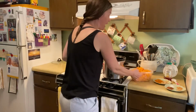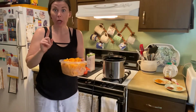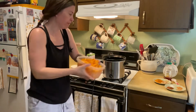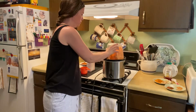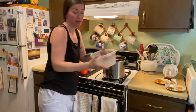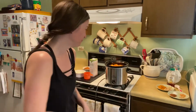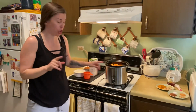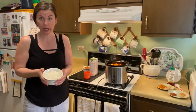The next thing you're gonna add in is 1 butternut squash cut and cubed, okay? So you can see that I have this here. Okay, that's gonna be such a good addition. Sorry, this is falling. We're gonna go with that for right now. Making adjustments along the way. Okay, so 1 butternut squash cut and cubed, 1 onion chopped,